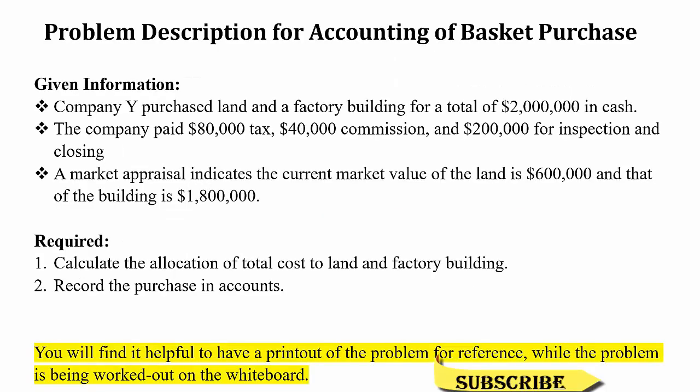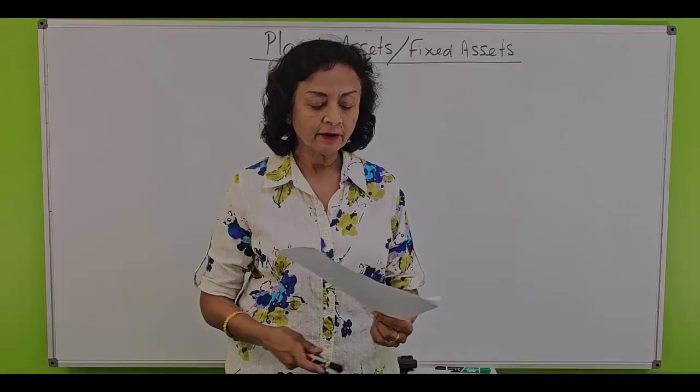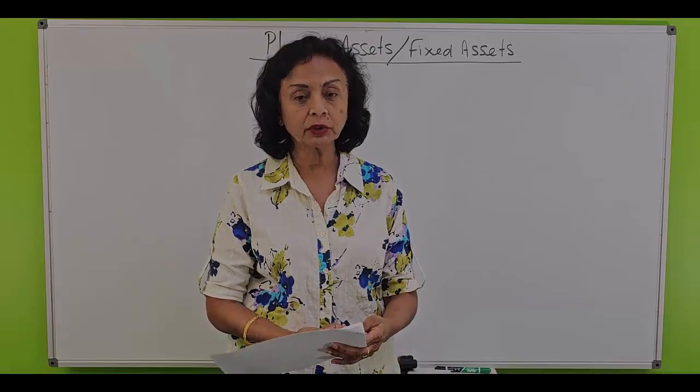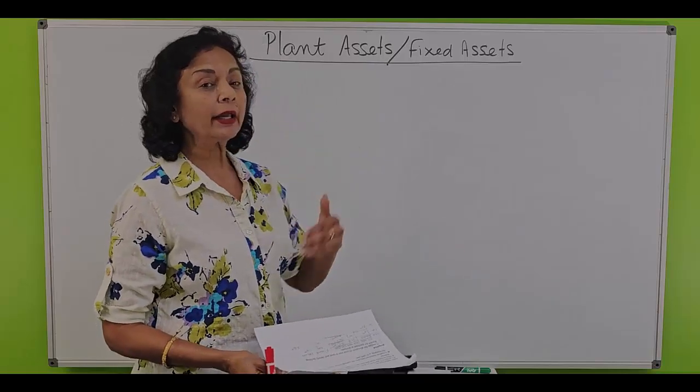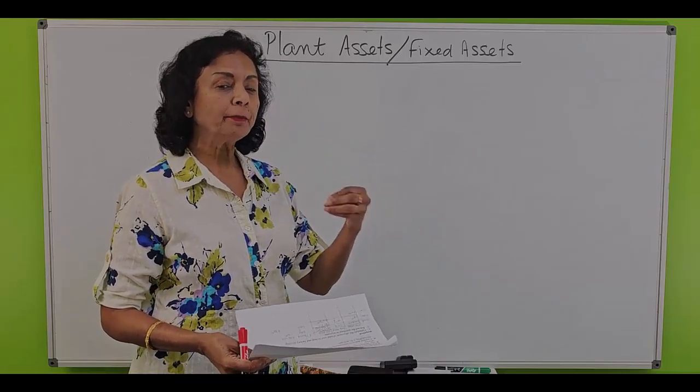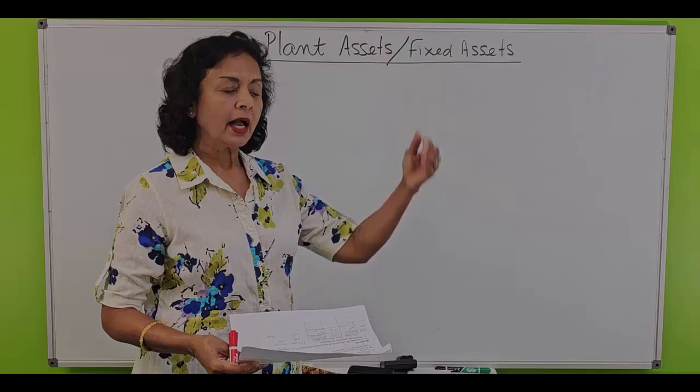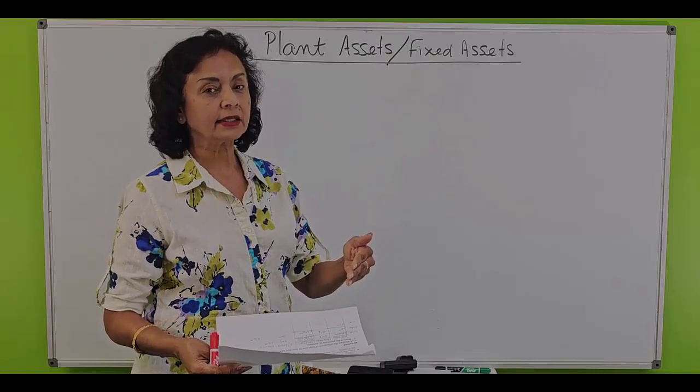Take a moment to review the problem description. You will find it helpful to have a printout of the problem for reference, while the problem is being worked out on the whiteboard. Let us begin. First, we are going to do the problem on lump sum purchase. Here you have to allocate the total cost paid in this lump sum purchase among the different kinds of assets